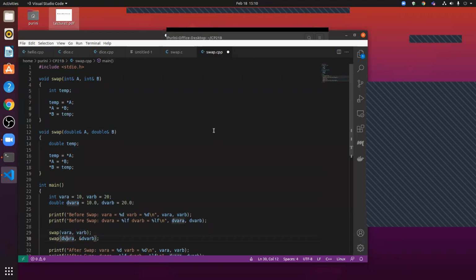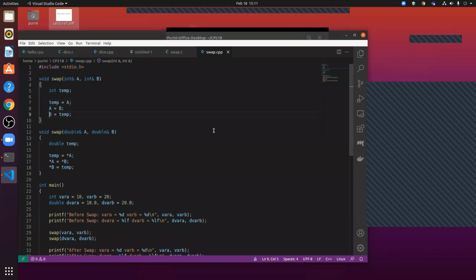We just use the variables as parameters as they are. Whenever you refer to A, for example on line 29 when you call swap with var A and var B, wherever you use A, you are reading from var A. And when you are updating A on line number 8, then var A is getting updated. Are you with me?